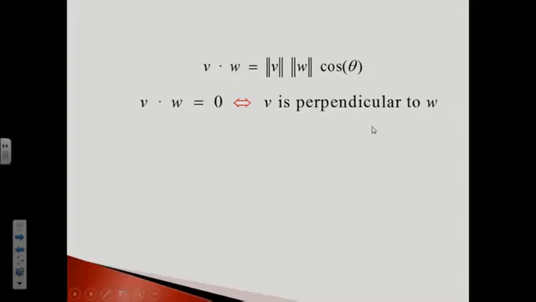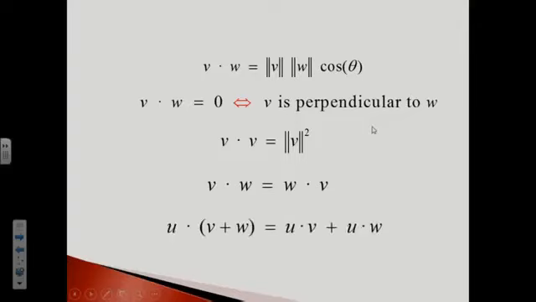Before we can apply the dot product to geometric and physical problems, we need to know how it behaves algebraically. Some important general properties of the dot product are the magnitude of a vector, the commutativity, and the distributivity. To compute the magnitude of a vector v, we take the dot product of v with itself. The commutativity says that the dot product of two vectors v and w does not depend on the positions of v and w in this product.